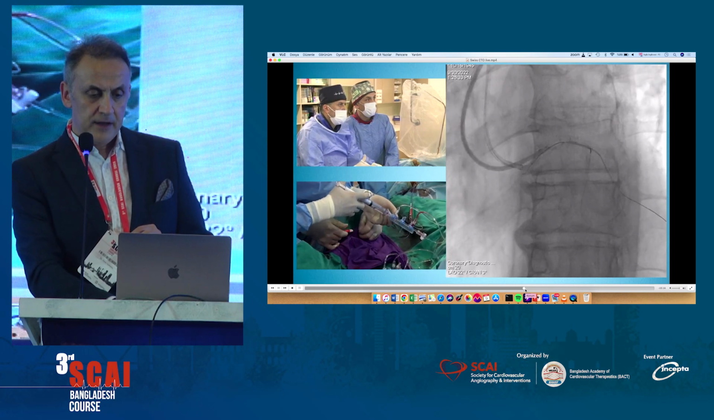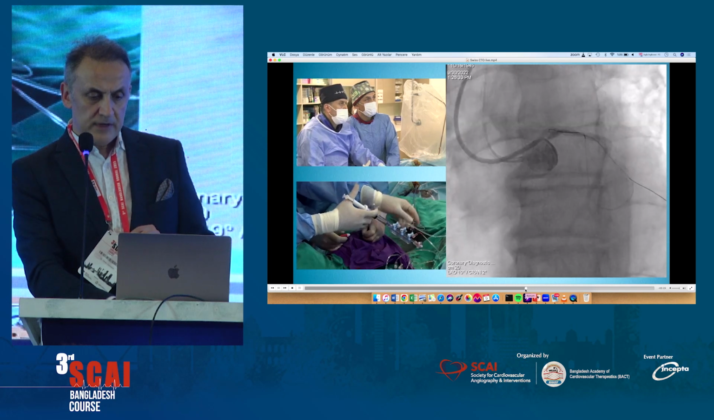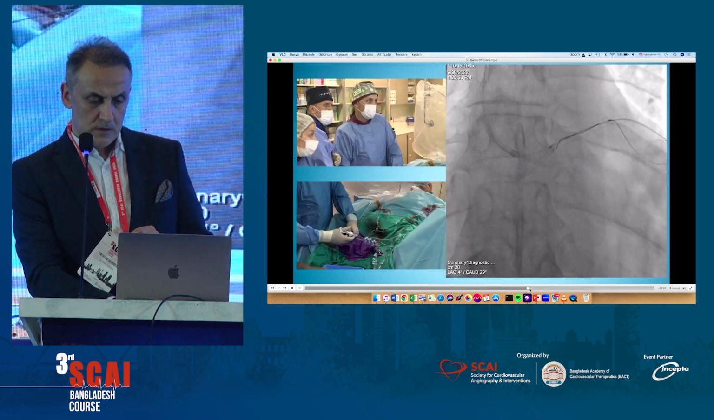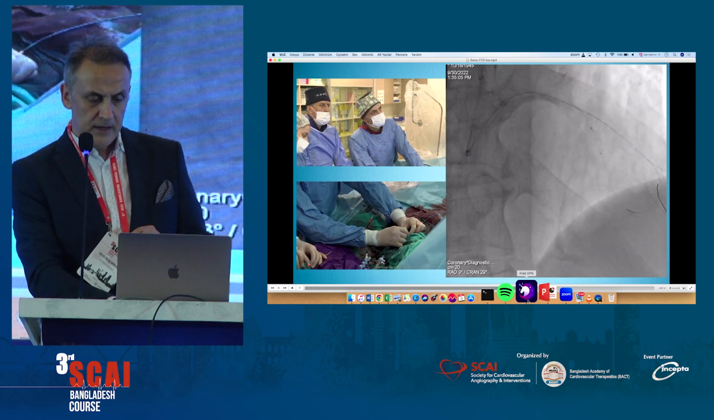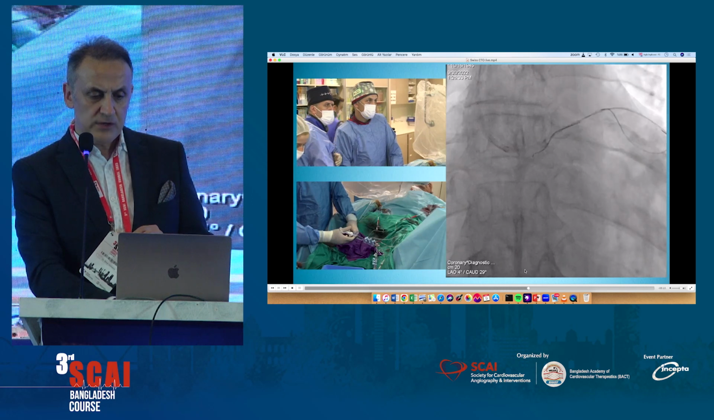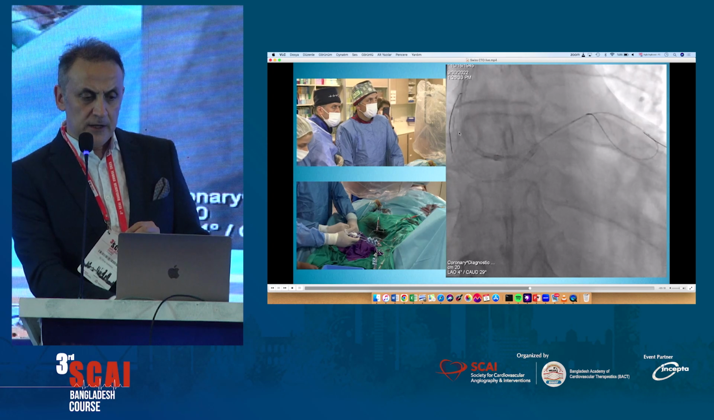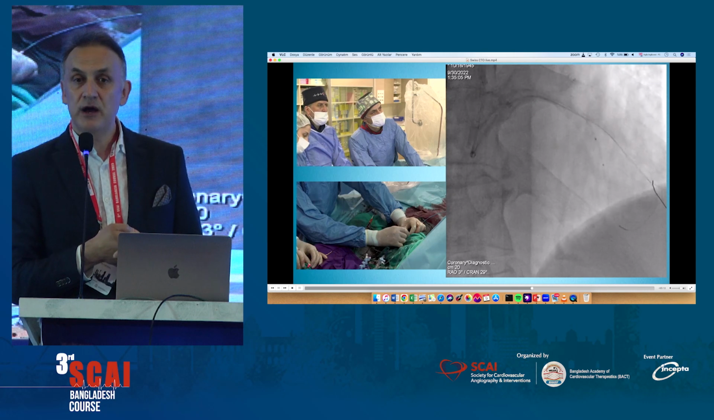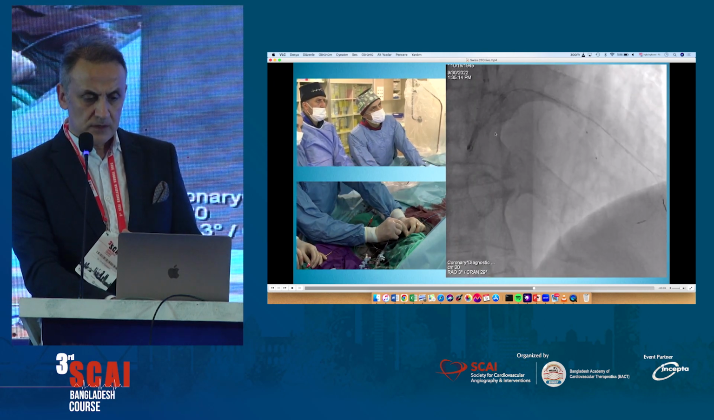You see, I pull back my wire and try to engage the second one. And anyway, I crossed it. After we cross, we just trap this balloon wire, and then we push our microcatheter, and then we change it, and then we did some dilatation